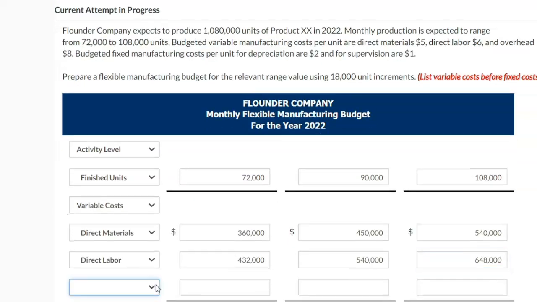So these are the variable costs, and they vary with the level of activity. The level of activity is expressed anywhere from 72,000 to 108,000. So when the actual comes in and it's 85, then you're already prepared. You know how to do the flexible budget at 85. Okay, so you get the totals. You're just banging out the numbers. Good. Total them up.